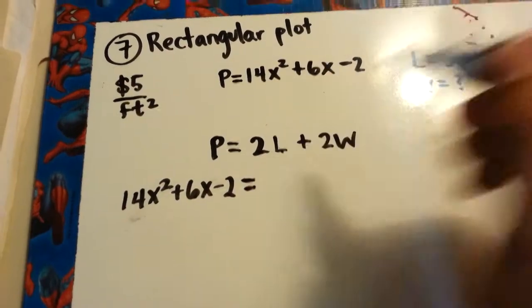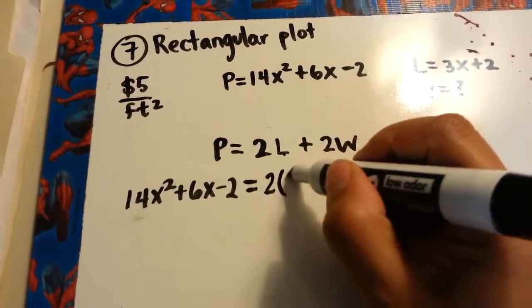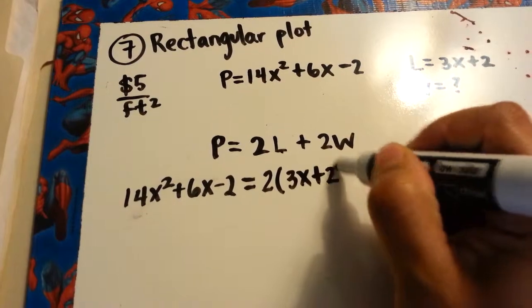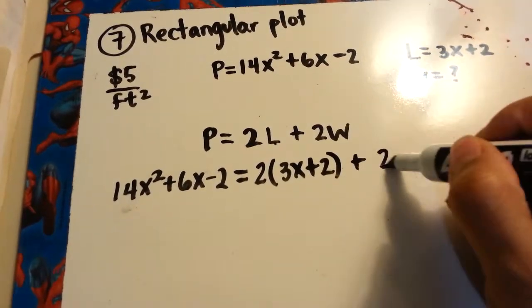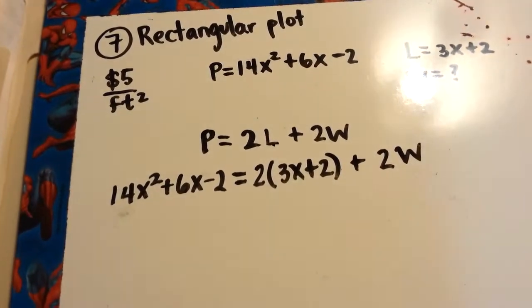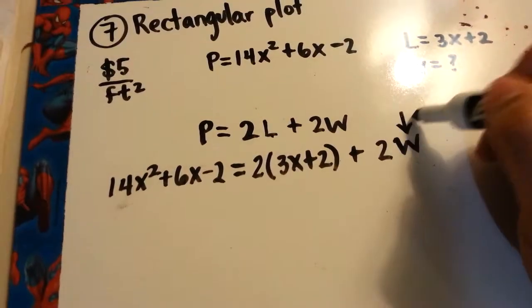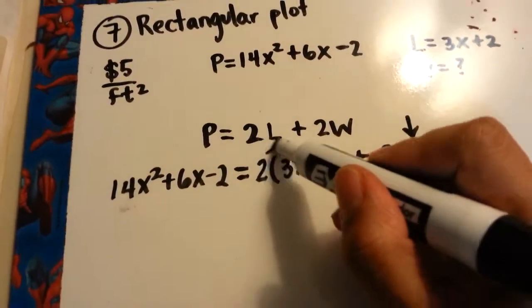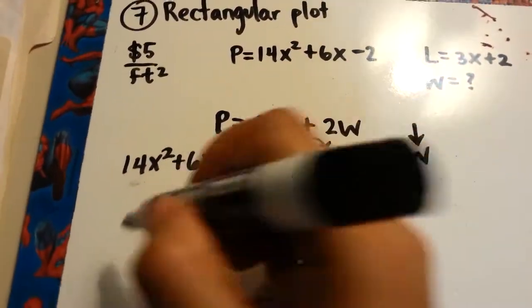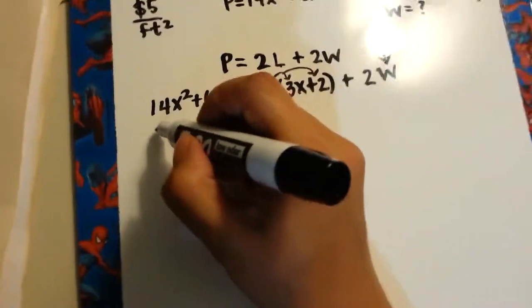Equals twice the length, so twice this, plus twice the width. Well, we don't know the width, so we're going to leave it as W. We're going to solve for W. First, we have to distribute this 2. So we have